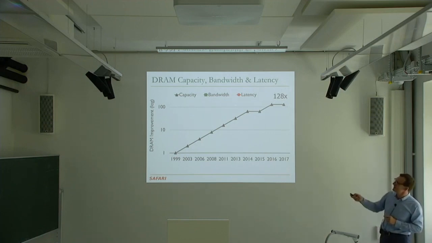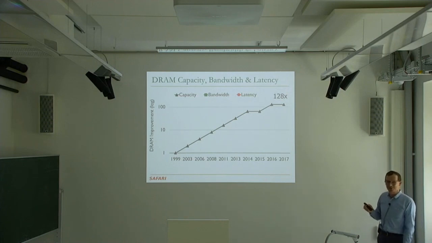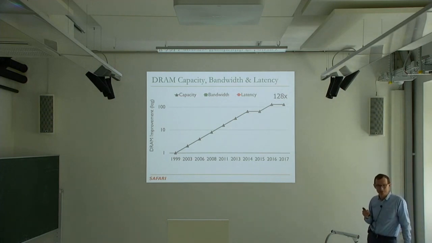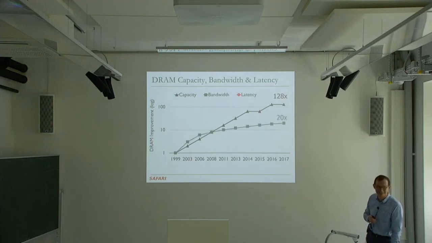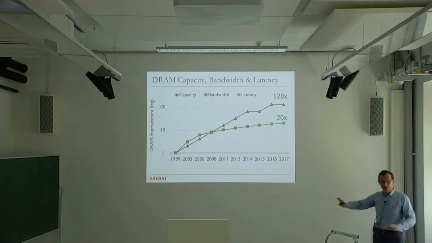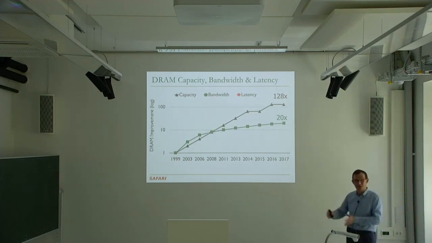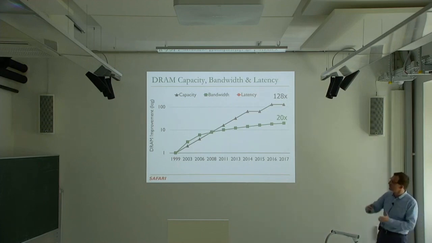Okay, let's talk about bandwidth. How much do you think that has improved? Lower than that one, okay, that's correct. How much lower? 20x. That's actually perfect. There you go, you get 20x. And this is DDR technology again. This is not optimized for high bandwidth. Like GDDR, graphics DDR is optimized for higher bandwidth. 3D stacking is optimized for higher bandwidth. But DDR is the most common technology that we have, and it's 20x.